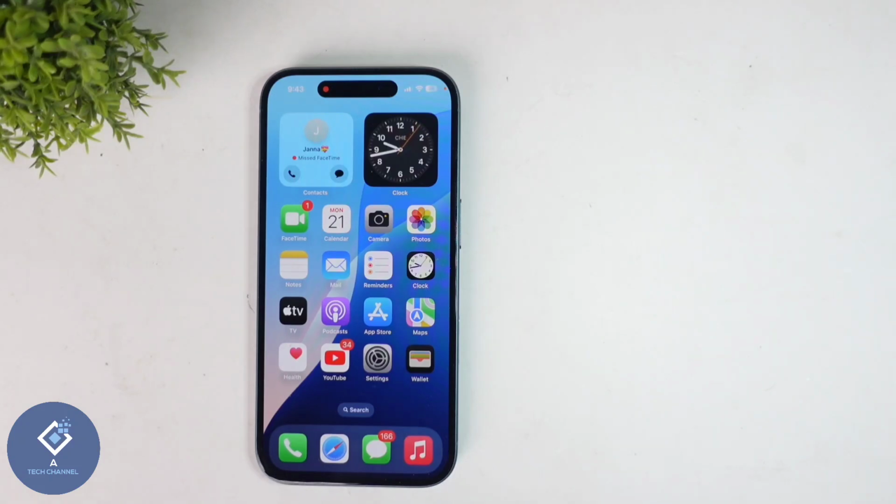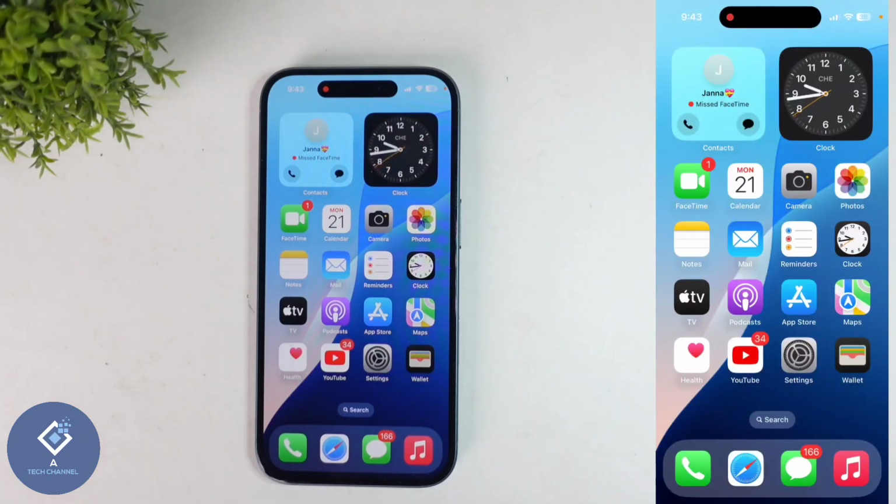In this video, we will be telling about how to set up Face ID in Apple iPhone. In most cases, when you are setting up your Apple iPhone, you may set your Face ID. But if you have not set or you want to reset your Face ID, what you need to do is